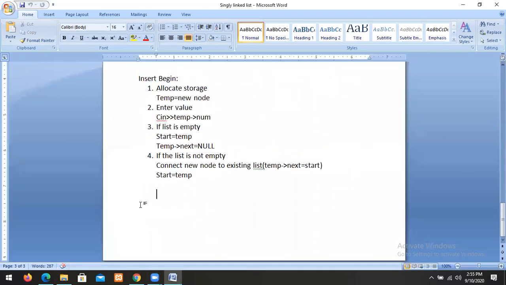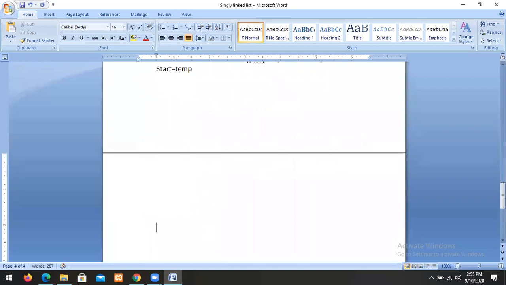Similarly, you go for insert end. How to insert at the end? Insert end means add a new node at the end of the existing list.